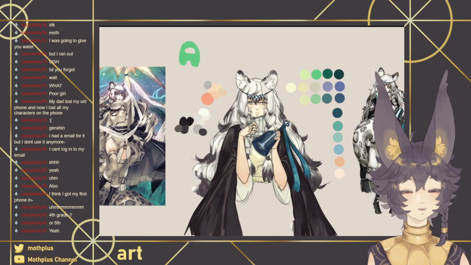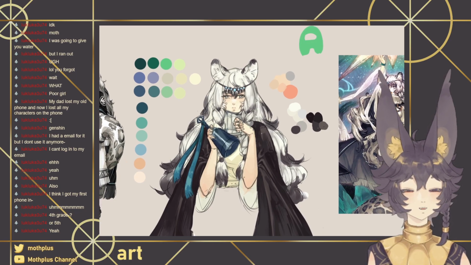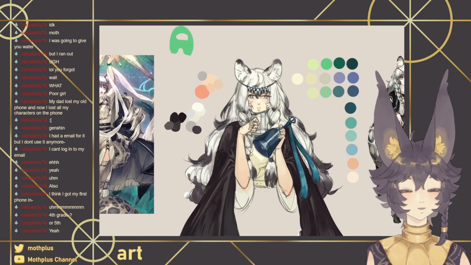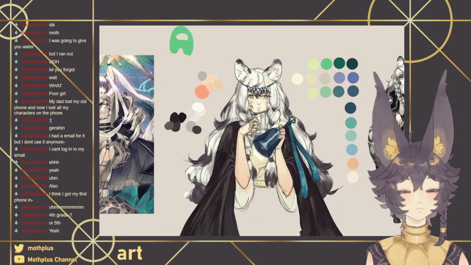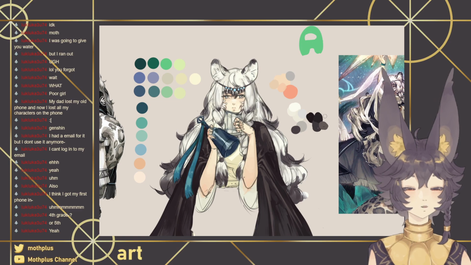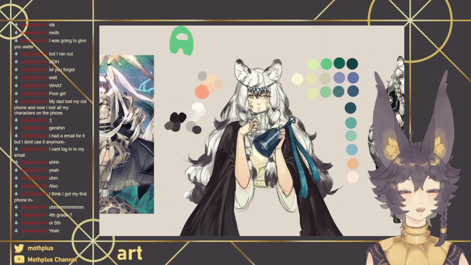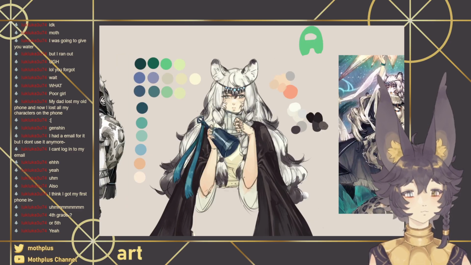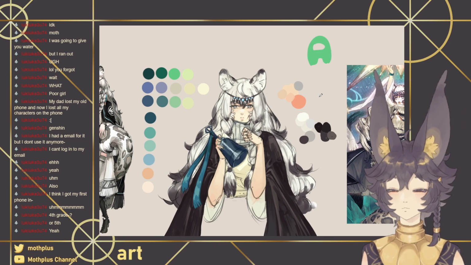But in my defense, I use the iPad for drawing. The big thing about art tablets, and this is important for anyone, but especially for me, is parallax, which is the distance between the glass and the physical screen.